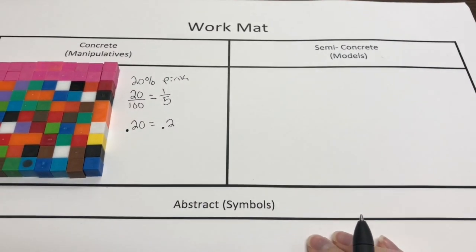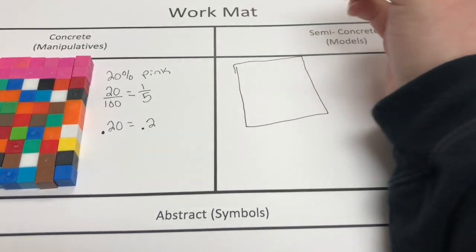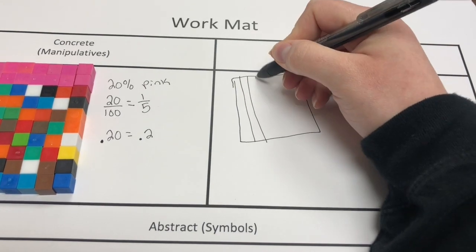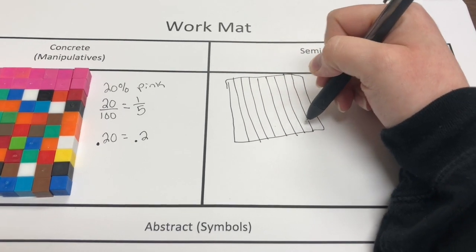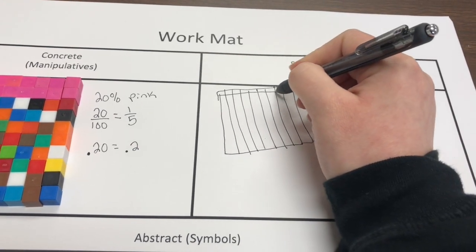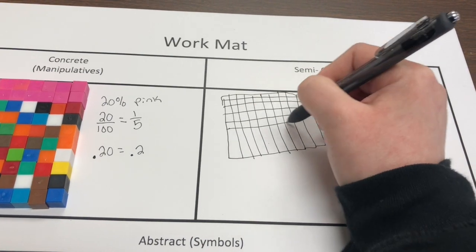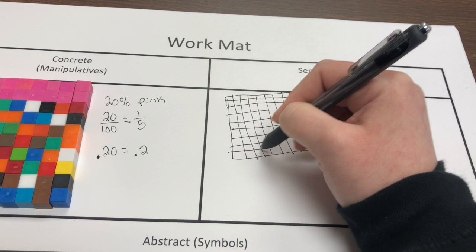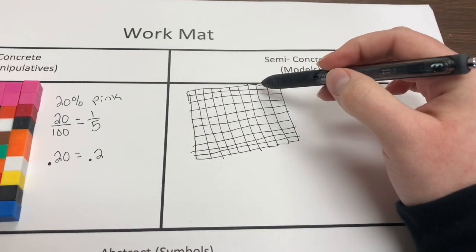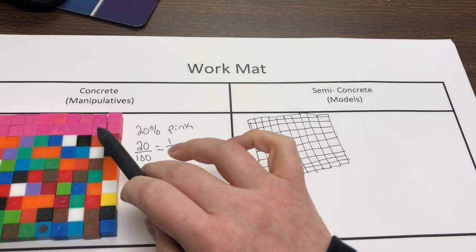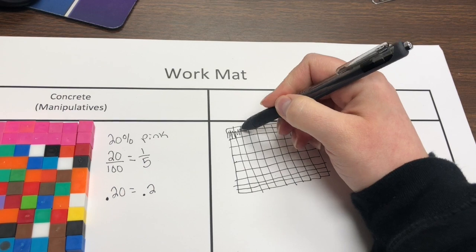All right, so now let's look at this semi-concrete. So that's drawing it out. So I can draw a 10 by 10 roughly. Remember, I'm not the art teacher. All right, so I have 10 columns. Now I'm going to make 10 rows. So now I have 10 rows and 10 columns. So here I have 100 blocks. Now remember over here, 20% of them were pink. So I can just shade 20 of these blocks to represent 20% in this model. So I'm just going to shade